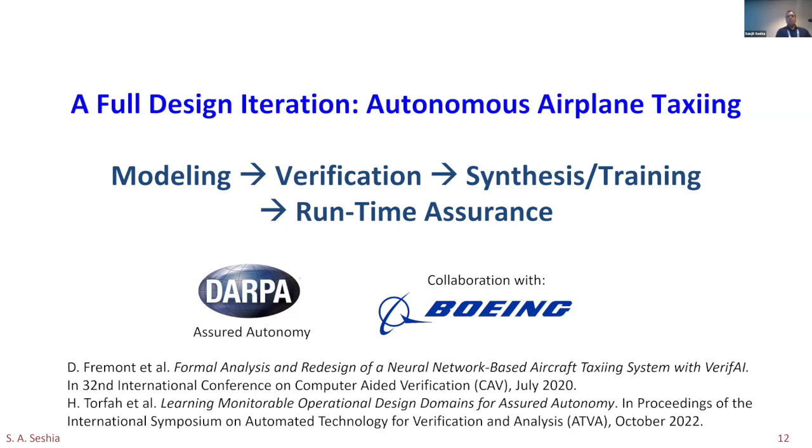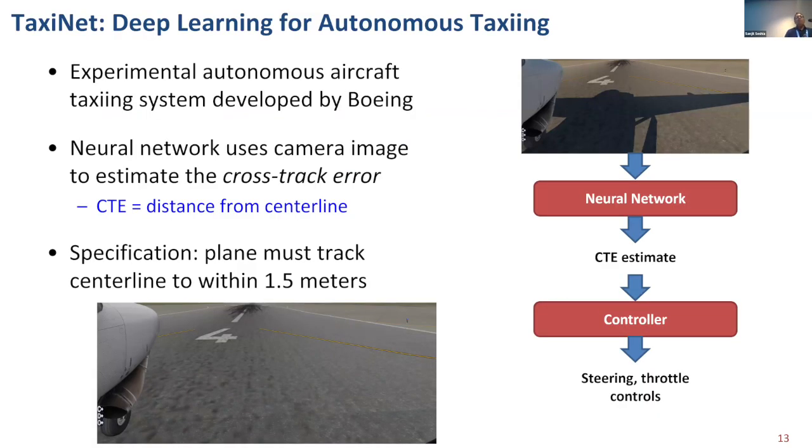program called the Assured Autonomy Program. And in this particular case, Boeing posed a challenge problem to all the participants, which was a problem of autonomous taxiing. So they created a neural network they call TaxiNet, and then they created an aircraft steering system around it. So an experimental autonomous aircraft taxiing system,